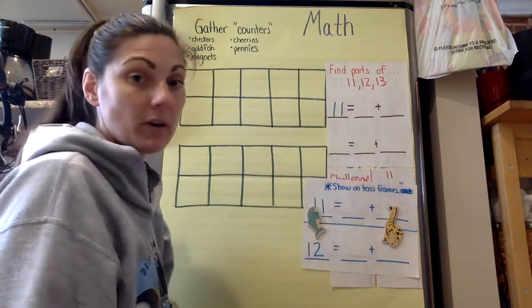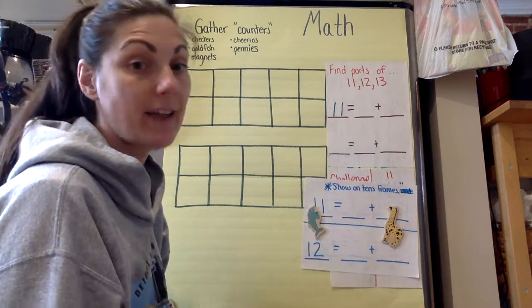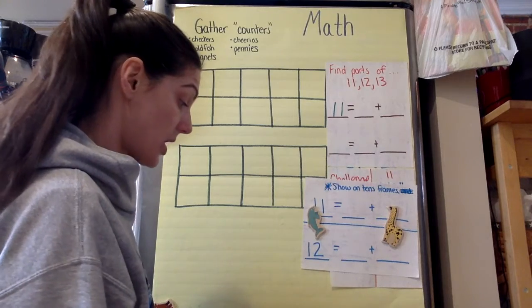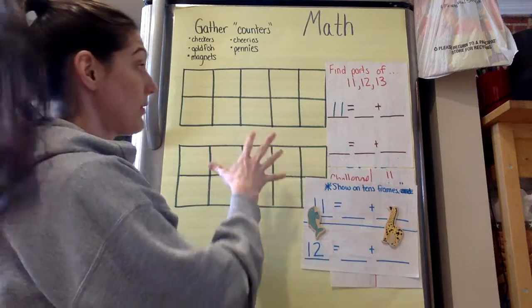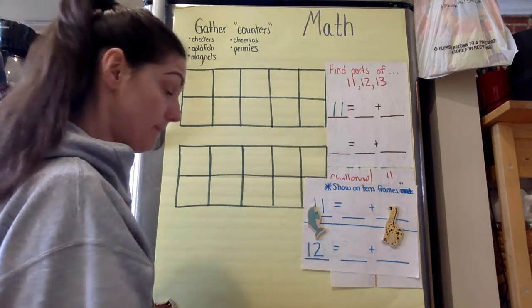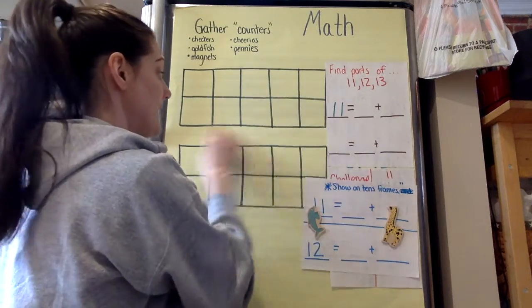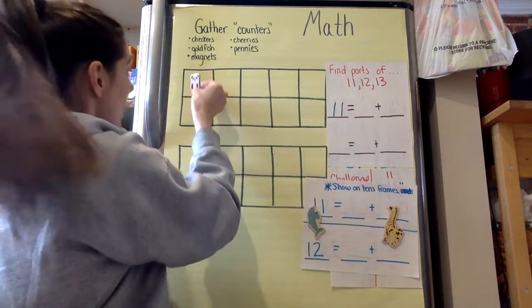So I'm telling you that we're going to start with 11. If you're doing this at home with me, I want you to count out 11 counters, all right? And we're going to use our tens frames to help us. I'm reusing these tens frames every day, so I'm not drawing in them. But if I were drawing, I could make little circles in my tens frames until I got to 11. All right, so ready? 1,